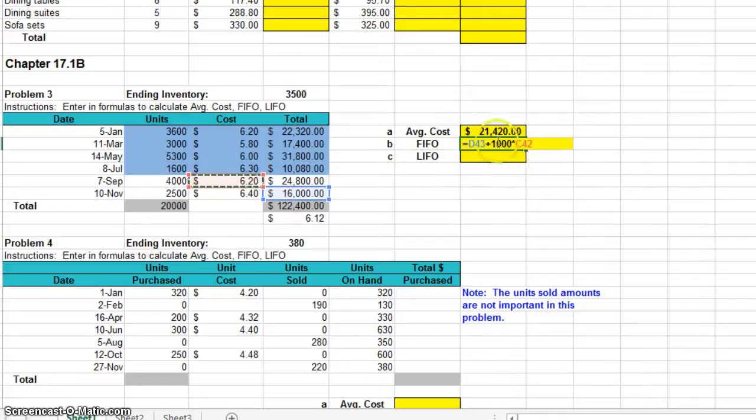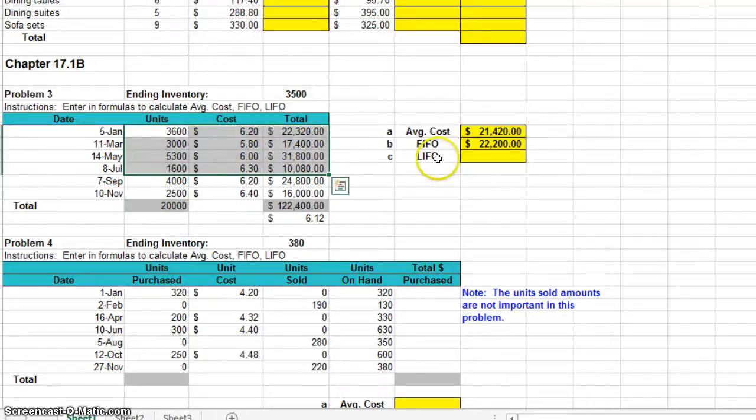So our formula for FIFO in this problem is to take the 16,000, which was this reference right here, plus 1,000 more items times $6.20. And if you enter that in, the FIFO inventory amount is 22,200. Now I'm going to remove the shading here on this part,